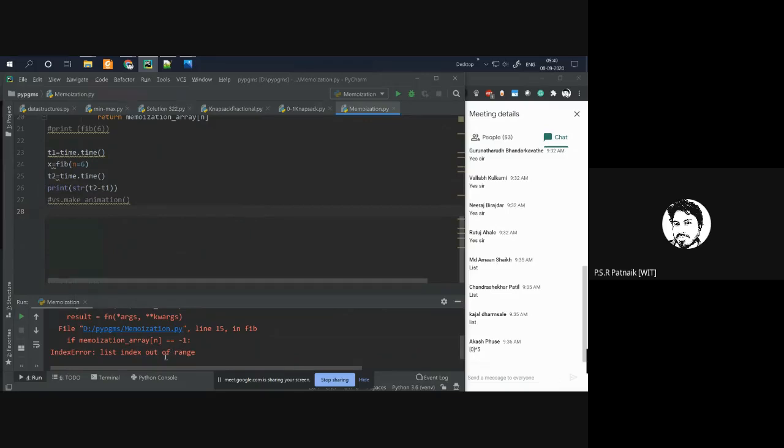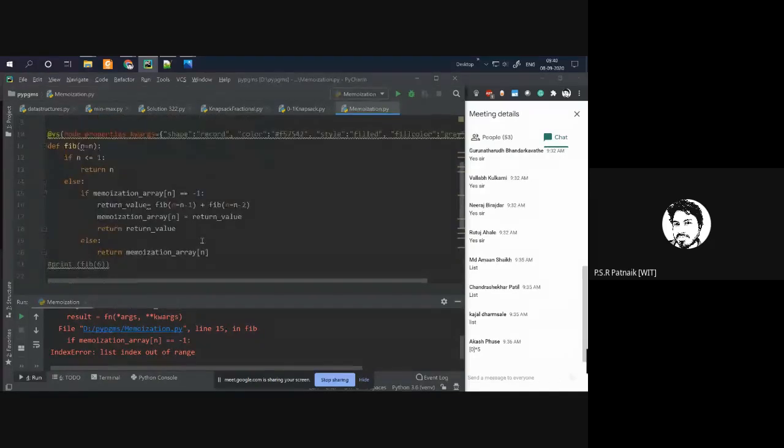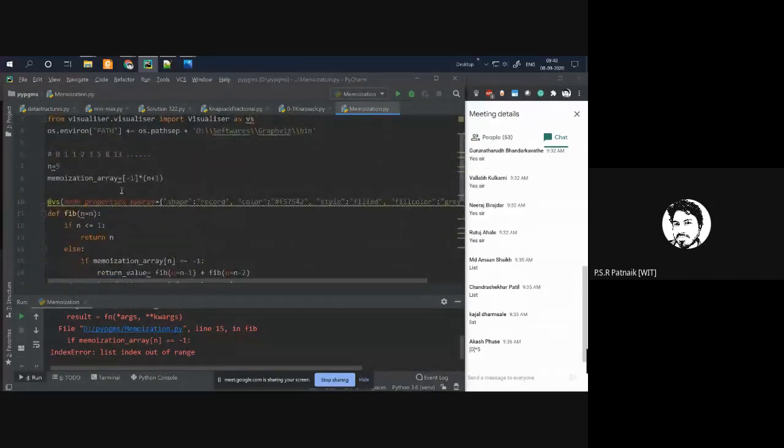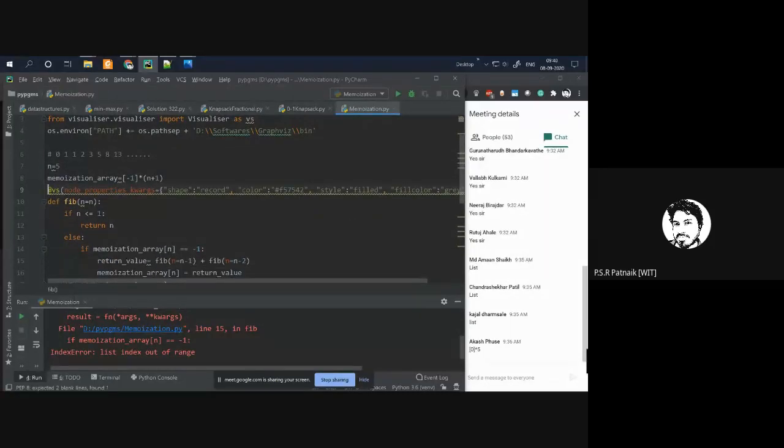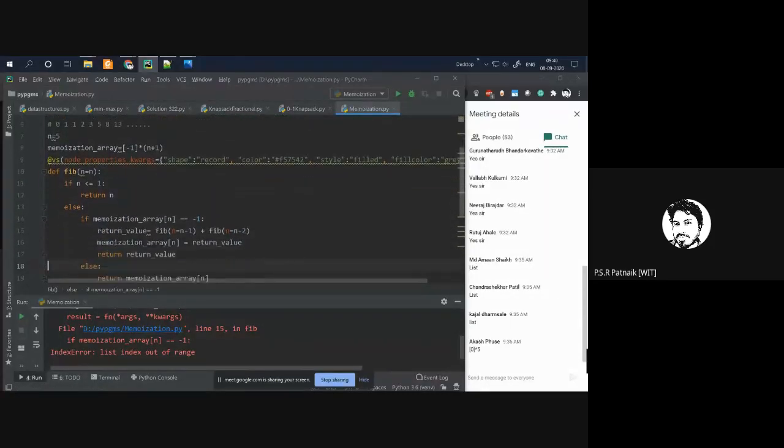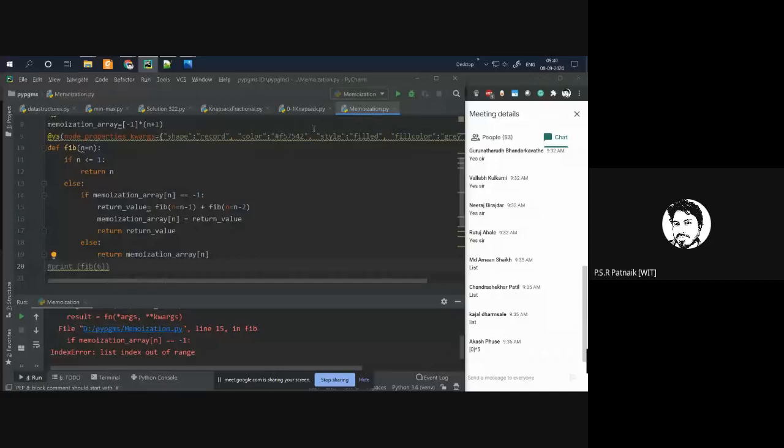I am getting index out of range. Why am I getting index out of range? Maybe somewhere I'm passing a value greater than that. What line do I have? I have it at line number 15. Oh. Why am I getting it as index out of range?